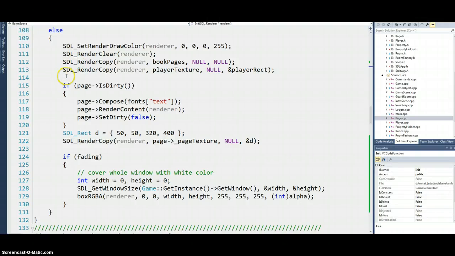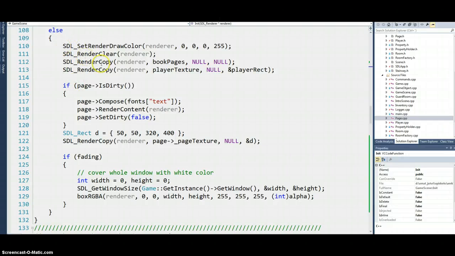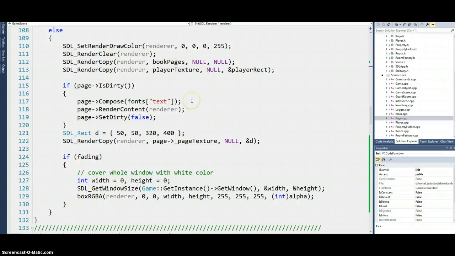I think this was from an earlier module, but it renders the book page texture and the player's texture in the render queue or whatever it is, and the current room text is outputted.